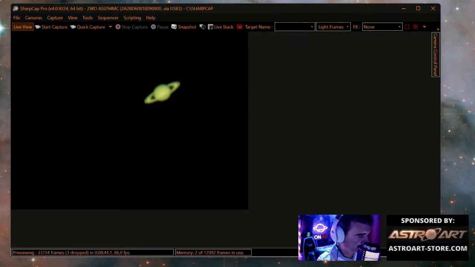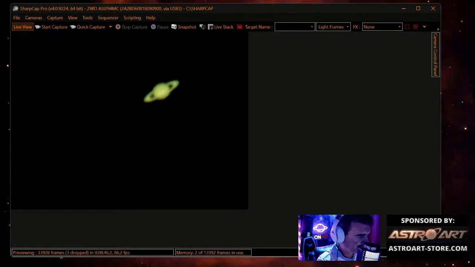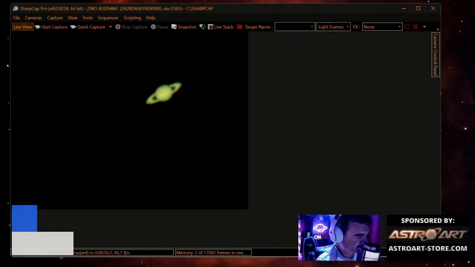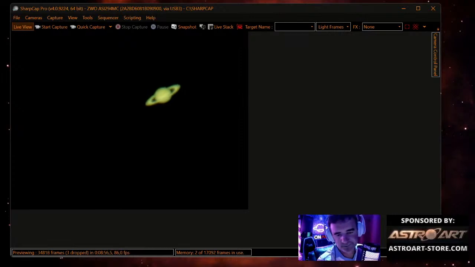Massive. This one is the 294. The difference is not so wide. I did already loads of times the planets with a 224 and this one.